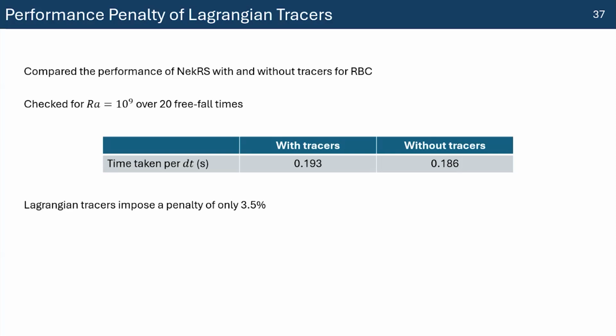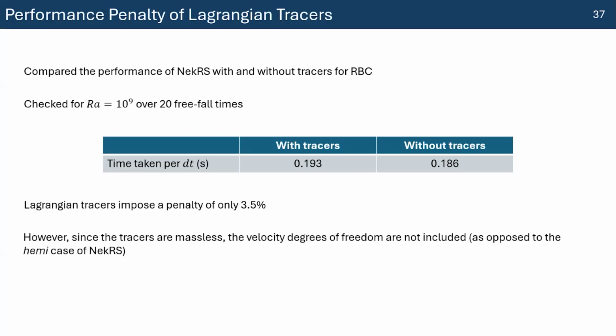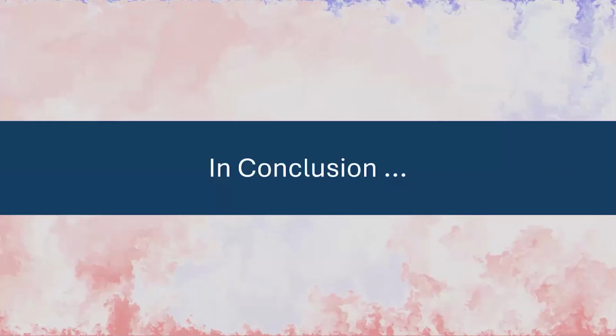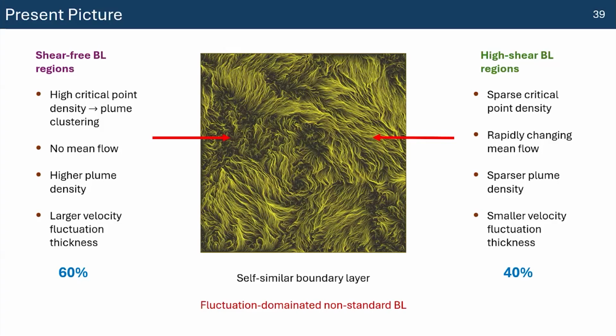But one thing to note is that the particles that we have used are massless, so we don't take the velocity degrees of freedom, and we don't compute the acceleration. We just track the position with respect to time. So maybe for particles with mass, there might be a higher penalty, but at least in this case, the penalty is not very severe. So in conclusion, what we see is that the